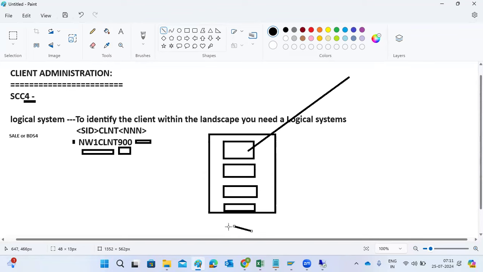It will store it here to differentiate. Why? Because sometimes this client data, this client data, this client data may be the same. But all are saved into one database and one table level, which means there is a duplicate of the data. But if you assign the logical system to identify the client within the landscape,